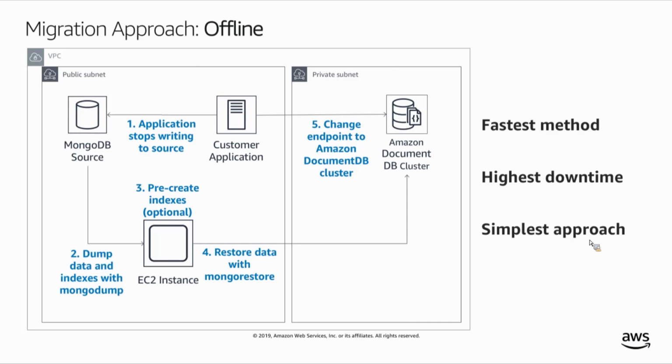In this case, I'm showing an EC2 instance as our destination because that's a very common way to do it. And then we want you to pre-create your indexes on DocumentDB whenever possible. The reason for this is because DocumentDB index builds are single-threaded. But when you're restoring data to a DocumentDB cluster in parallel and that index is already defined, that also means that the index is updated in parallel. And so you can take advantage of parallelism to get your index populated much more quickly than if you built